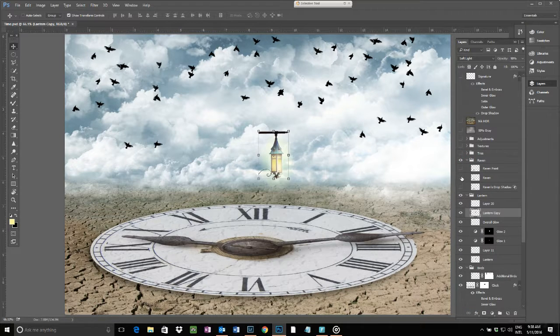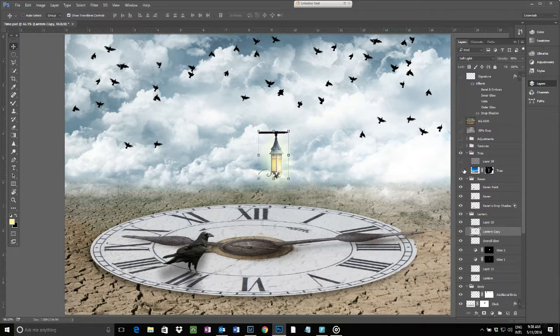Then I added in the raven, and I did a little bit of a paint job on him just to darken him up a bit, and of course add in a drop shadow as well. Then I added in the tree,